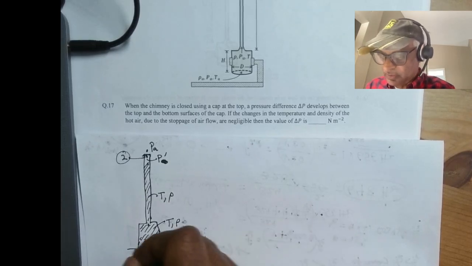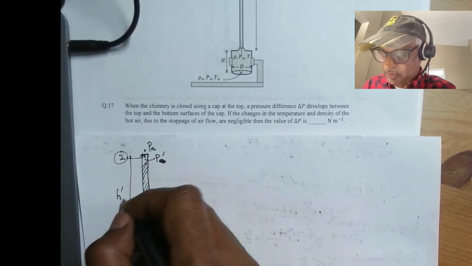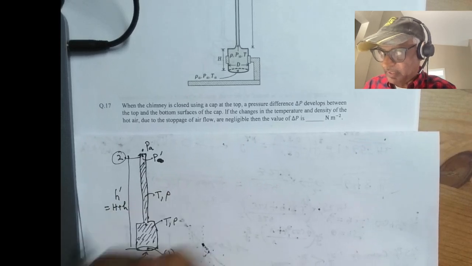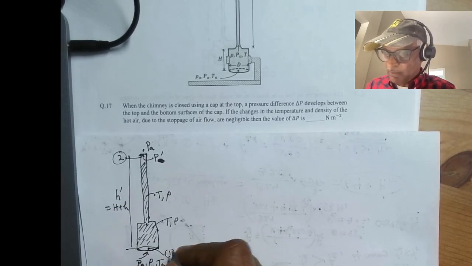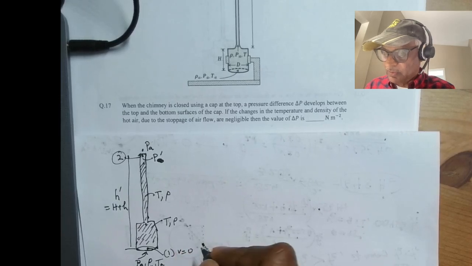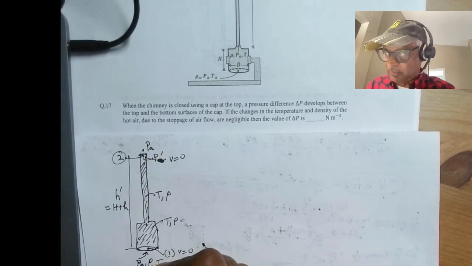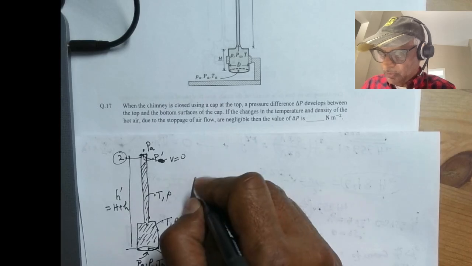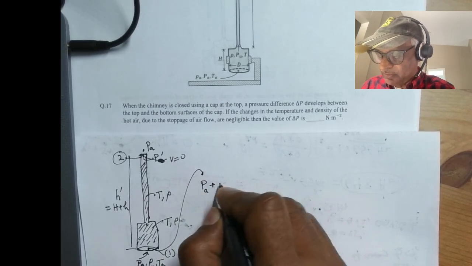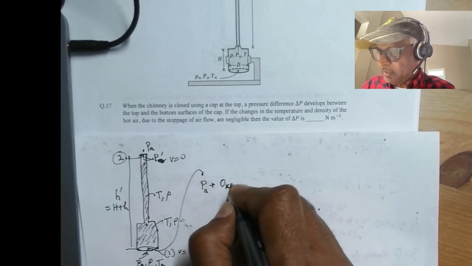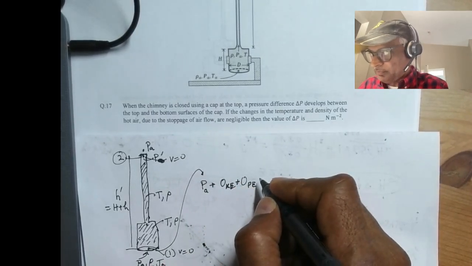So from here to here is, let's call it H prime, which is equal to H plus H. So over here V is 0, over here V is 0, so no kinetic energy in these places. So over here it's going to look like PA plus 0 kinetic energy plus 0 potential energy, and